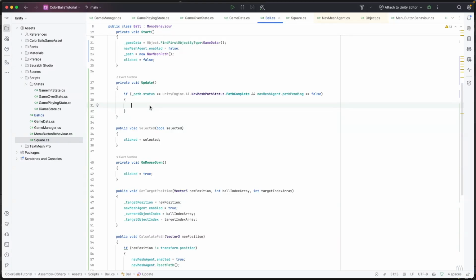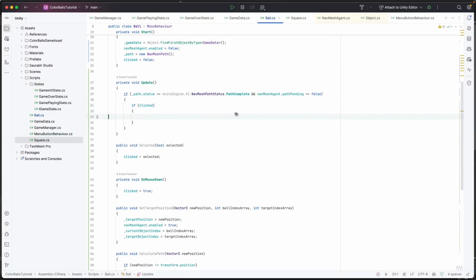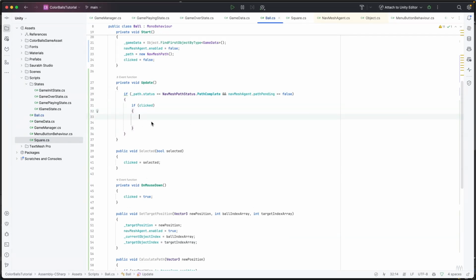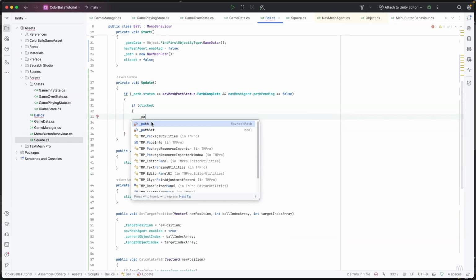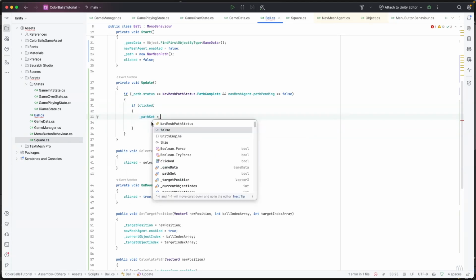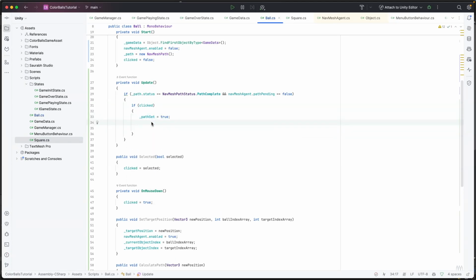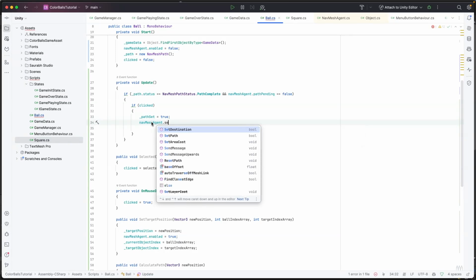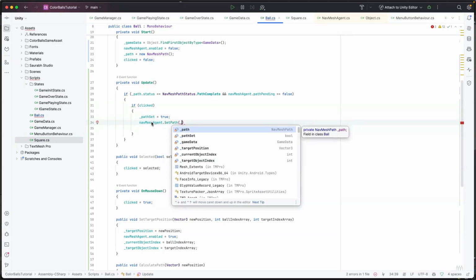So if we have found the path and the navmesh agent does not have any other path, we want to see if this current ball is clicked, because this script is attached to every single ball on the grid. So we want to find if this is the right ball. We want to put if is clicked, and then inside we actually know our path status is completed, because we checked that over here. We actually don't need this first thing, so let's remove that. So now, if it's clicked, we want to check if the path set will be true, and then nav agent dot set path will be path,